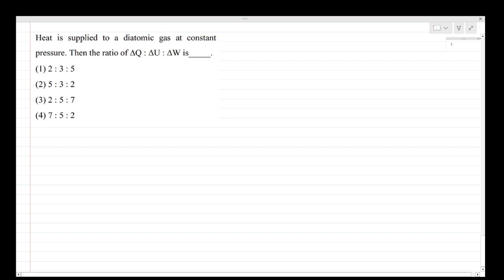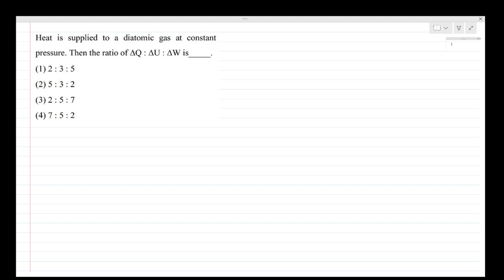In this question, it is given that heat is supplied to a diatomic gas at constant pressure. Then find the ratio of delta Q, delta U, and delta W. So delta Q is the change in heat, delta U is the change in internal energy, and delta W is the change in